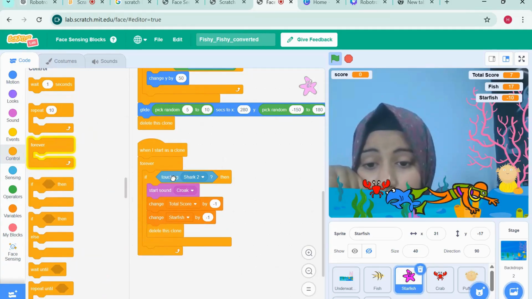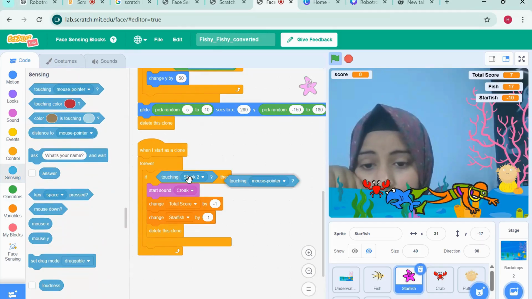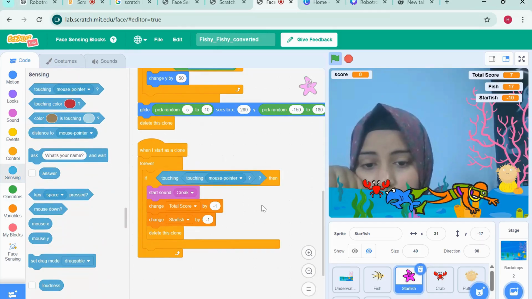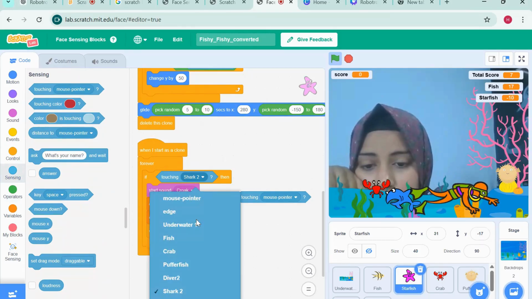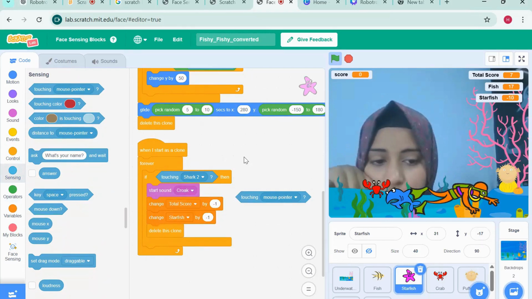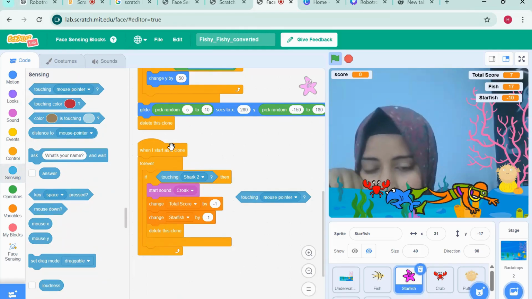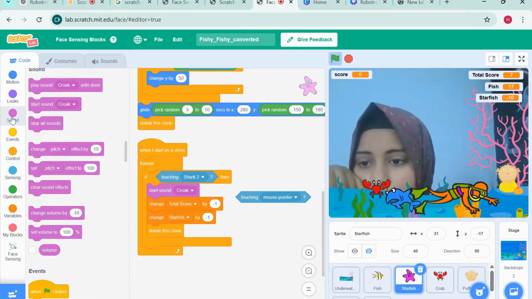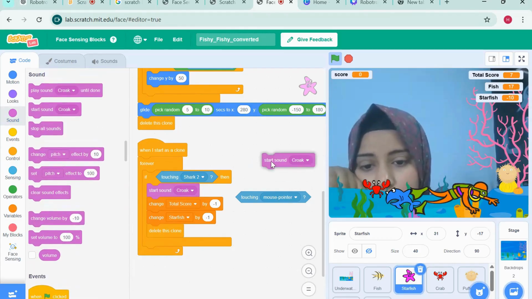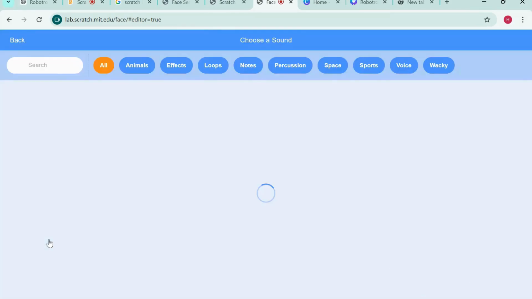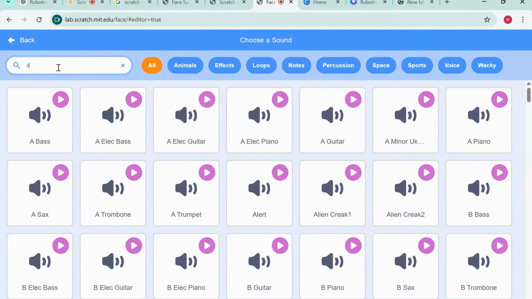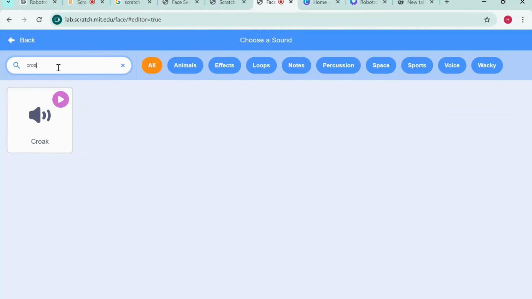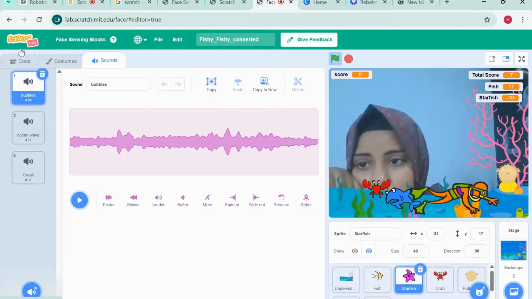For the condition of if, we again have to go to the sensing and then drag the first one over there and select the shark 2. Mine was shark 2 and yours should be shark. After that, go to the sounds and start sound. First of all, you already knew how to select this one. Go to the sound and search for this one. Search for this sound